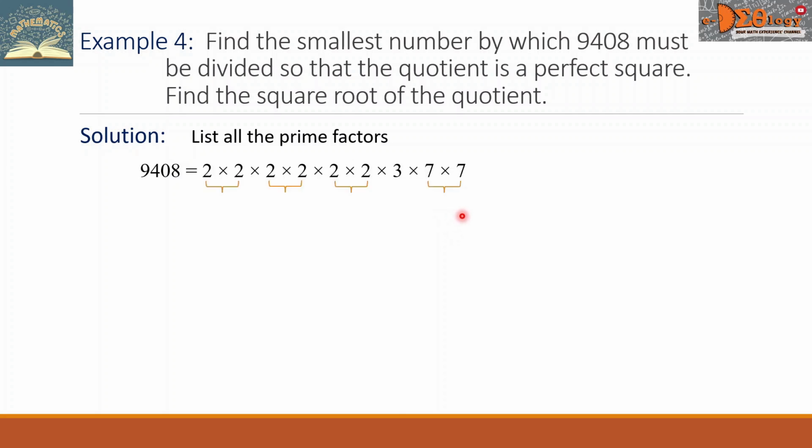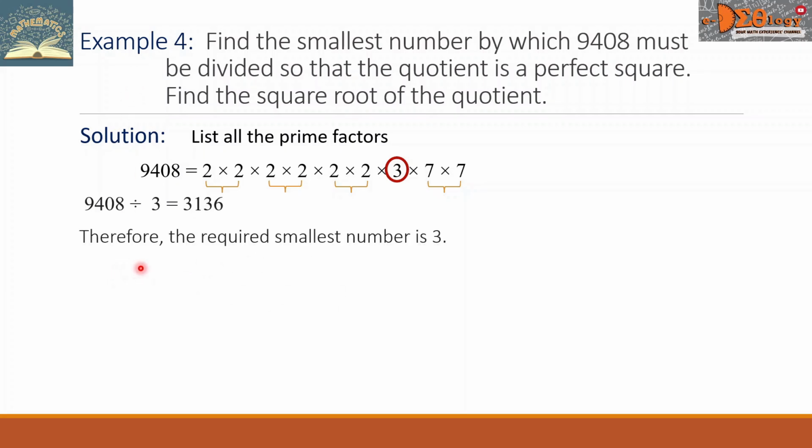Notice that some factors are coming in pairs except the factor 3. Therefore, this 9,408 we divide by 3. And the quotient is 3,136. To answer the first question here, the smallest required number is this number 3. Now, what about the quotient? We take the square root of the quotient